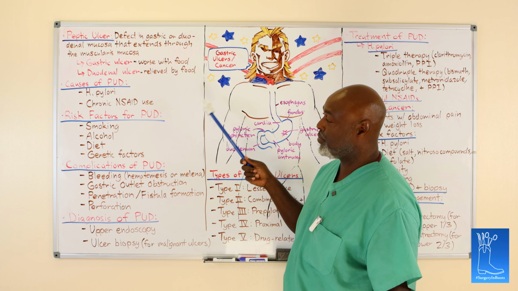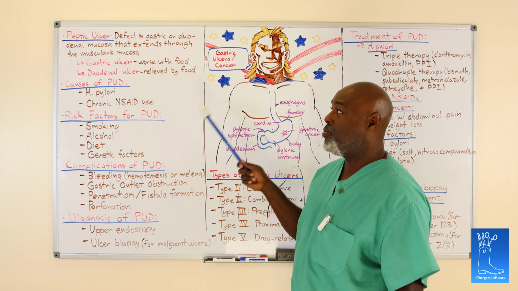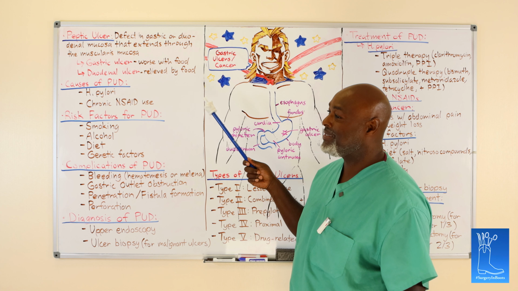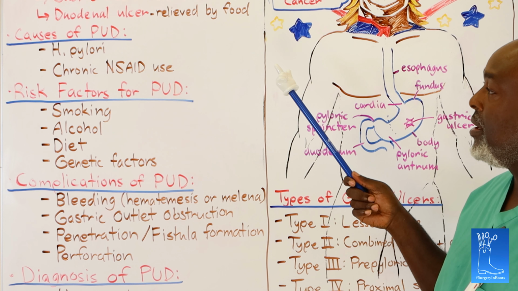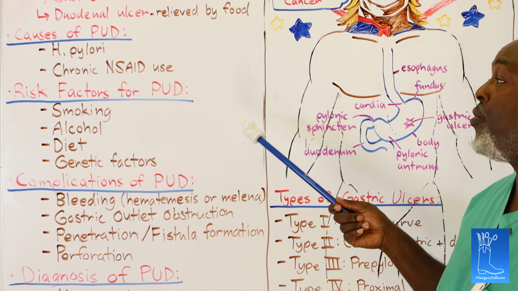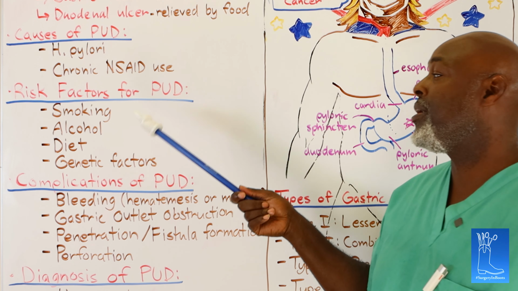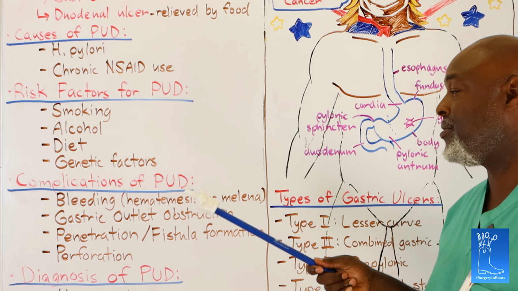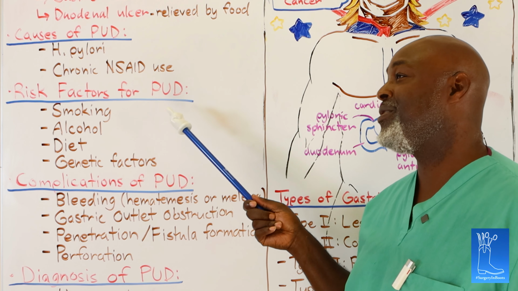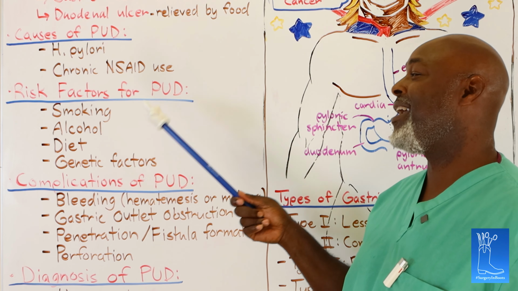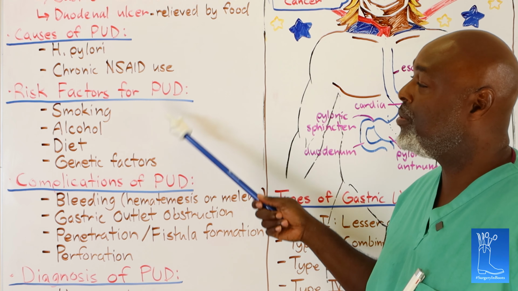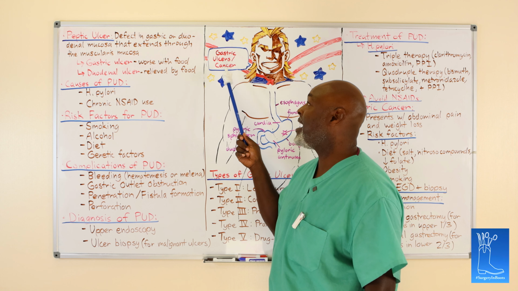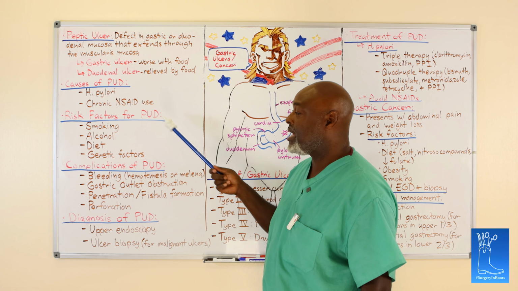That's one of the main reasons when you're in a hospital, you are put on Pepcid, Protonix, Zantac while you're there to help prevent ulcers. Things that put you at risk for peptic ulcer disease: smoking, alcohol, diet, genetic factors. Things that also put you at risk for gastric cancer: smoking, alcohol, diet, genetic factors. So you can see why a double dose of this turning into gastric cancer, that's why we put these two